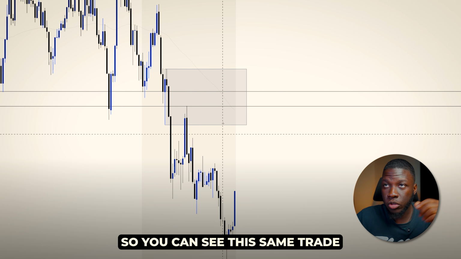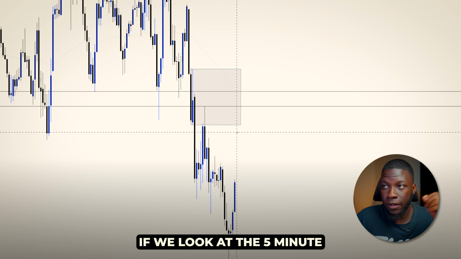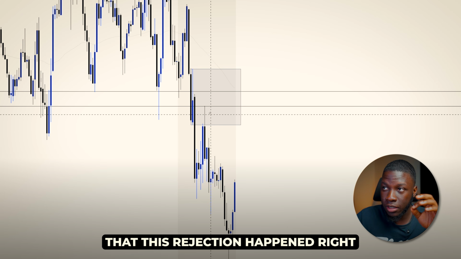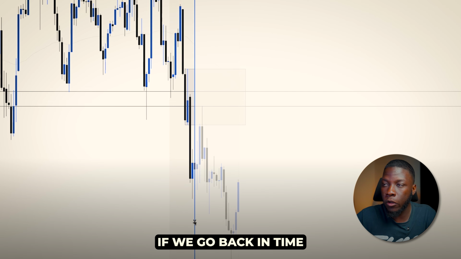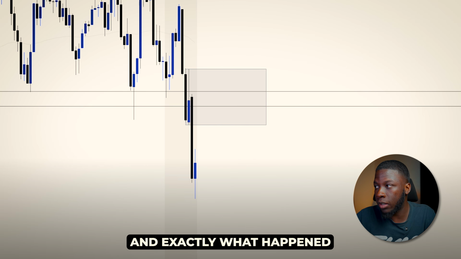So you can see this same trade that I took on the 3-minute now, right? If we look at the 5-minute, we can see exactly why this rejection happened, right? We can see exactly why. This is the exact same trade now. If we go back in time just to look at the example and exactly what happened, you will see that